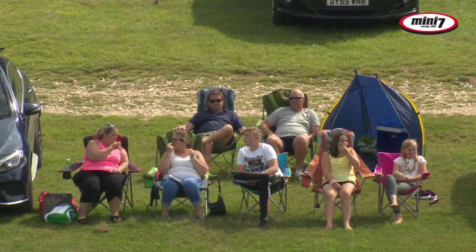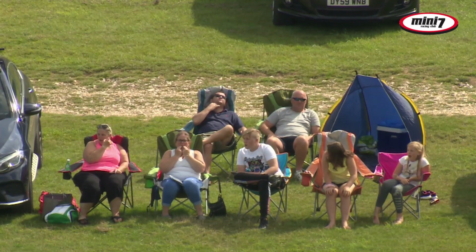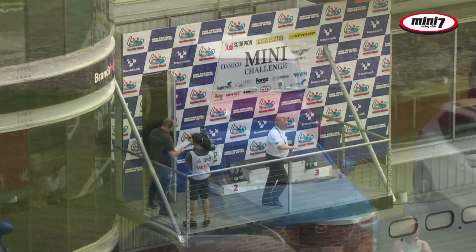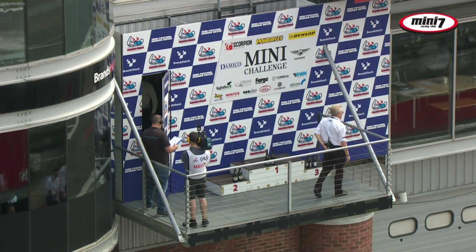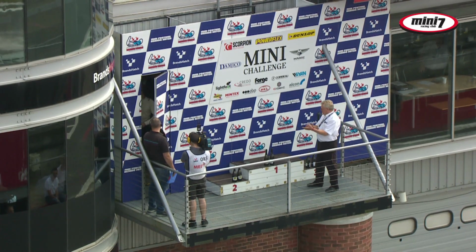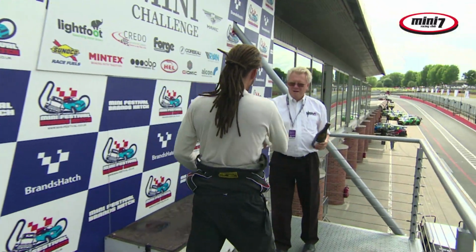How they're getting on, the winners are nearly there. I've got to say, your guys are quicker at getting up onto the podium than the JCWs. Mind you, they probably want to go home. They've got a job to go to tomorrow, so here we go, onto the podium. So coming out onto the podium, it is Chris Dawes doing the honours here. And Ben,